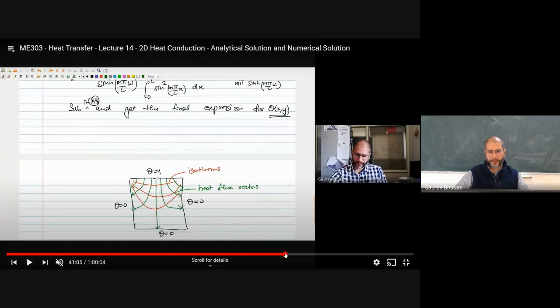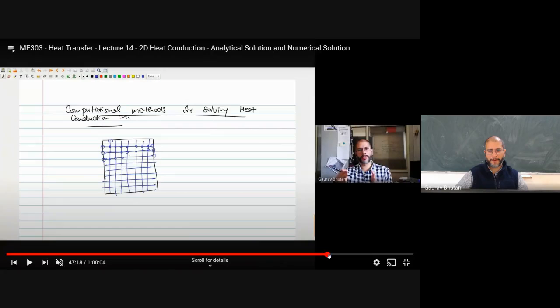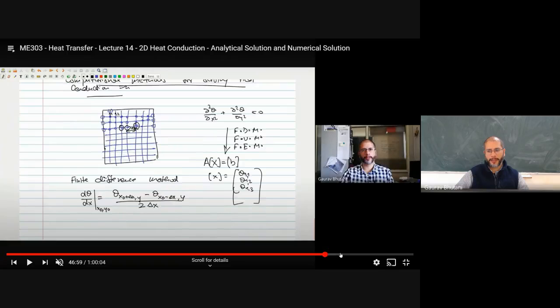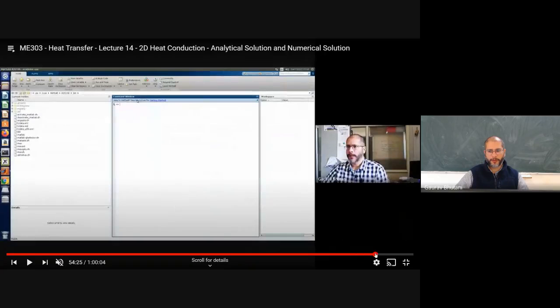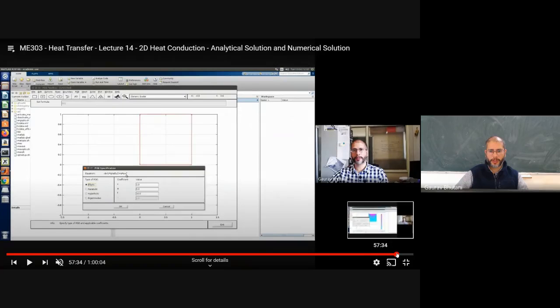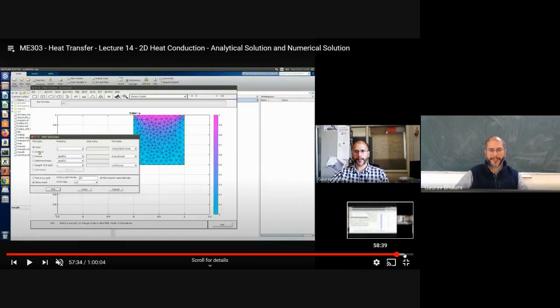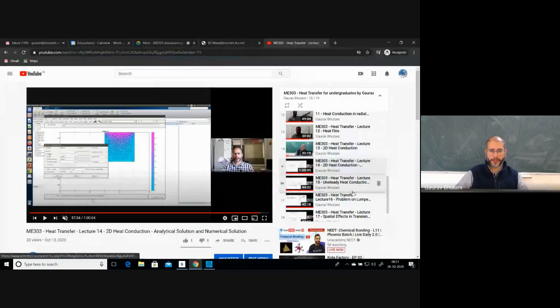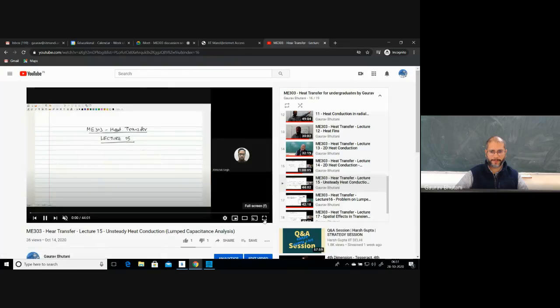Then I discussed the idea of the computational methods, which are typically used for solving such heat conduction equations, because it is rare that you can get an analytical solution. Then I briefly demonstrated to you the use of the PDE toolbox in MATLAB to solve the same system, and I impressed upon you that it is extremely easy to solve such problems using computers. So we have nice software available now that engineers have written, mostly mechanical engineers, because they're the ones who actually need this solution.